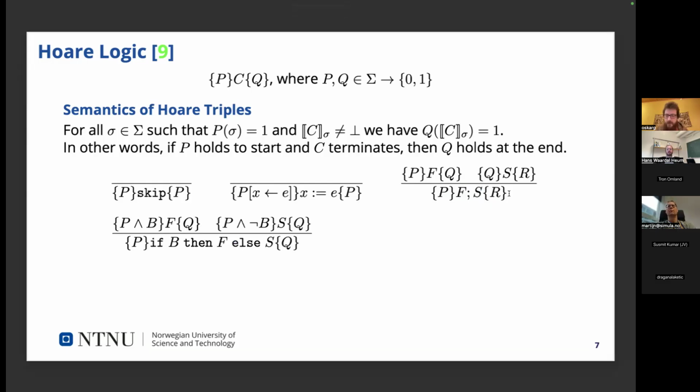So we talked about this earlier, but can you repeat again the intuition behind what goes above the line and what goes below the line? Oh yes, sorry. This is a common notation used in logics, and it is a proof rule. There is some assertion at the top and one at the bottom, and it tells you that if you can prove the things at the top, then you know the thing at the bottom.